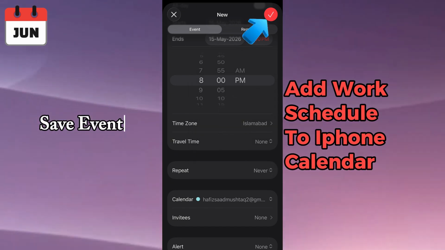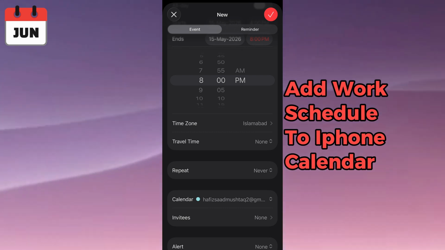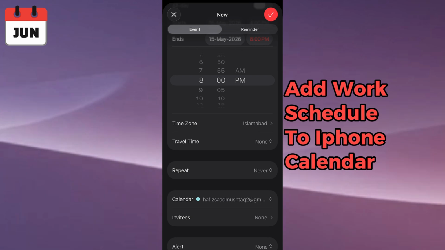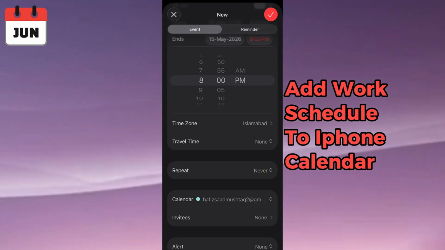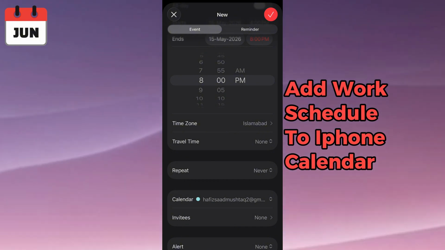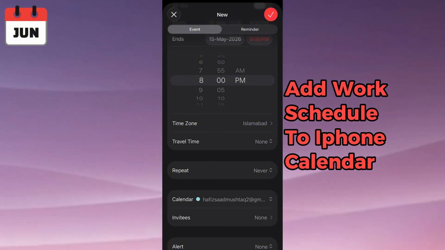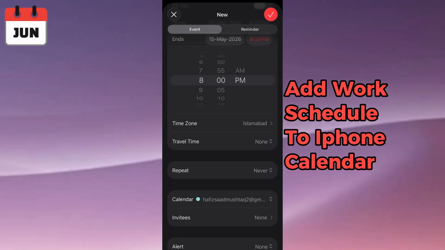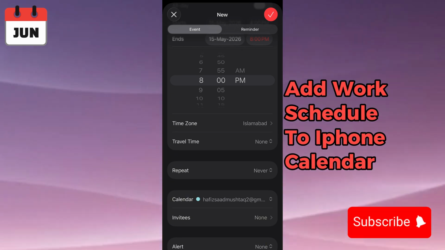Your work schedule will be saved to the calendar app, and your iPhone can send reminders based on the event settings. You can edit or update the schedule anytime if needed. And that's how you can add a work schedule to the iPhone calendar step by step. Once completed, your work events will be saved, and your iPhone can help keep you organized with reminders and schedule